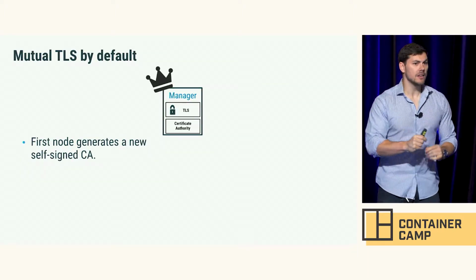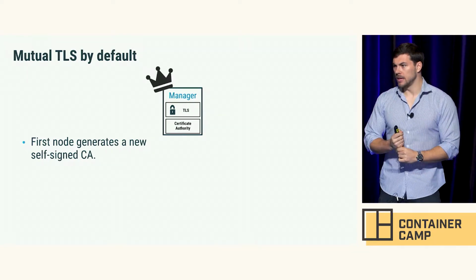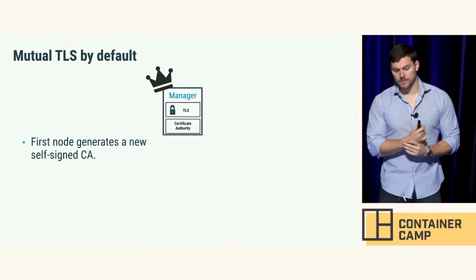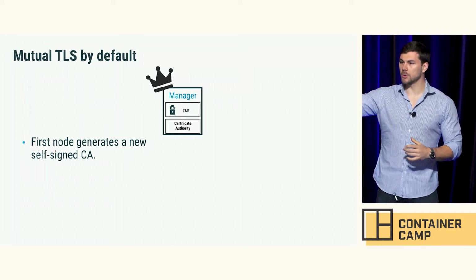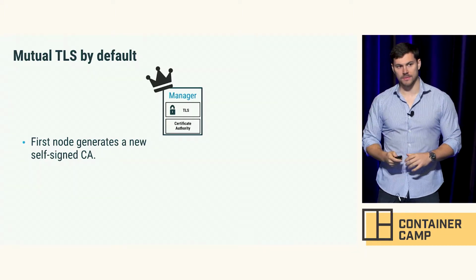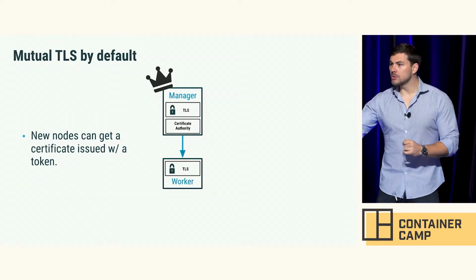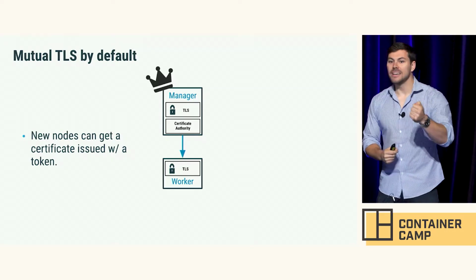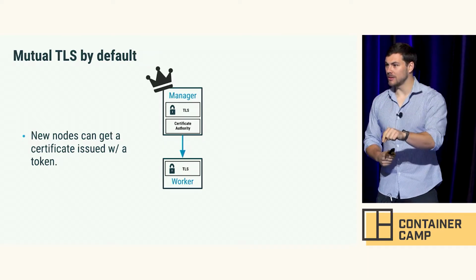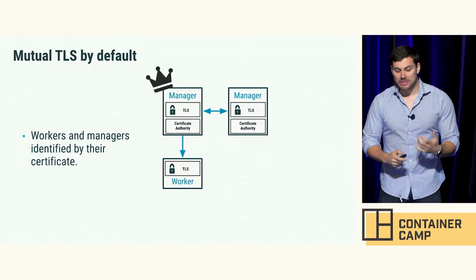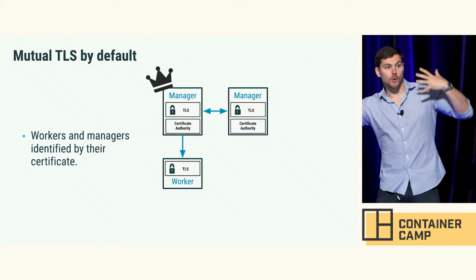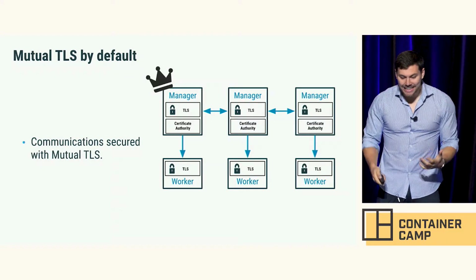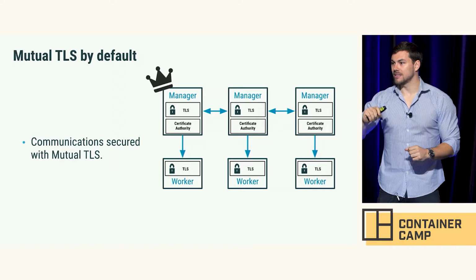So the first component is when you start a Swarm cluster, immediately you get a certificate authority automatically generated for you. So the first node that comes up generates a certificate authority and signs its own TLS certificates. And then from that moment on, every node that joins your cluster gets automatically assigned a cryptographic node identity, a TLS certificate that also gets automatically rotated for you. This TLS certificate is then what is going to be used to identify whether you're a privileged node, a manager, or a non-privileged node, a worker, and